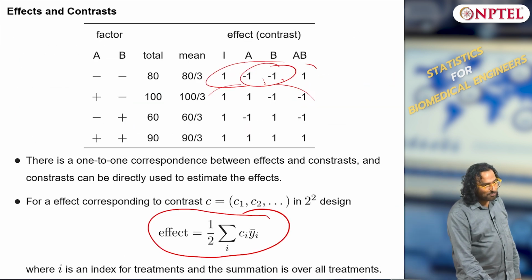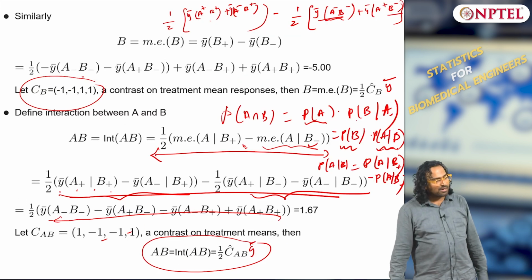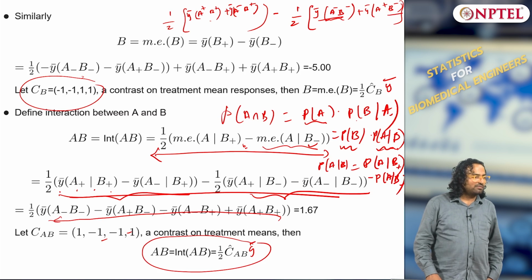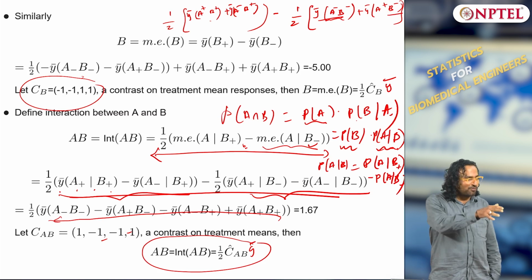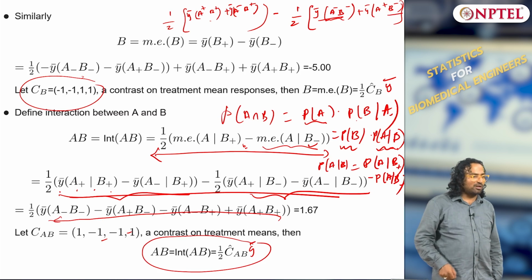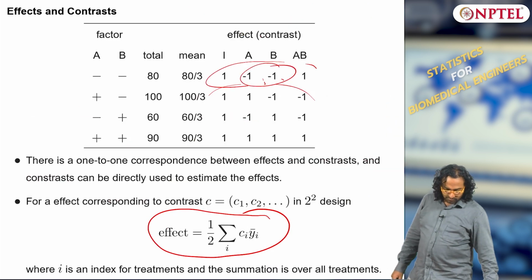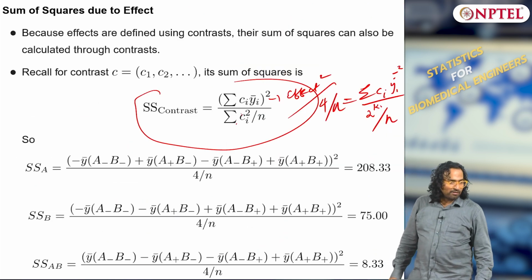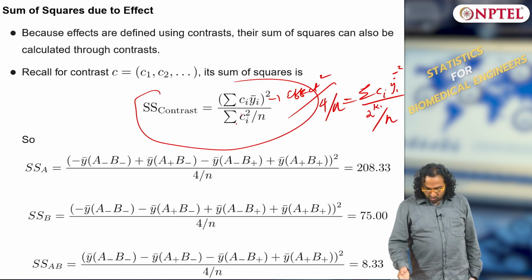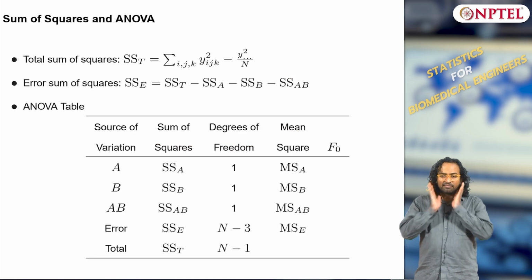When you compute the sum squared error, the sum squared will be for the replications, all of these averages, and they will go for different levels. How do you accommodate for that? You have not accounted for levels, you have only accounted for replications. Levels you have to account for, right? That is why you have 4 over n, Ci squared by n. So this is my sum square values and the table is here.